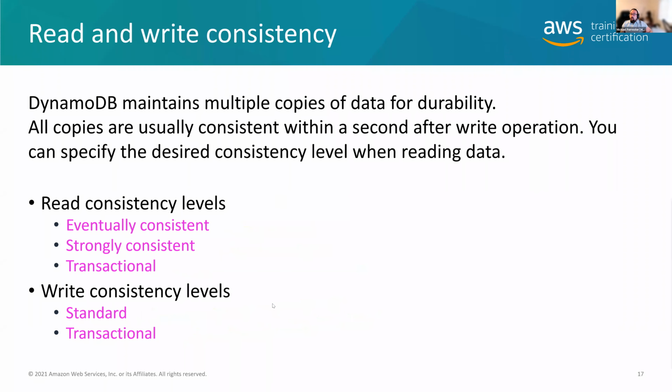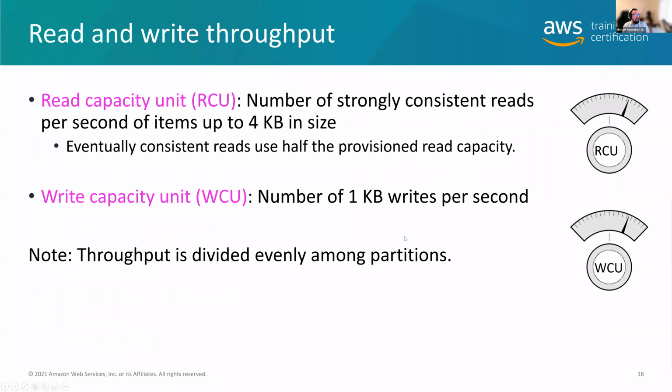Okay. So now remember, when you do your reads and your writes, you either can take the default, which is eventual consistency, or you can request either strong consistency or transactional. If it's writes, obviously you can only do the standard, which is eventual consistency, or transactional. The reason this is significant is that this will determine or affect how your capacity is spent,